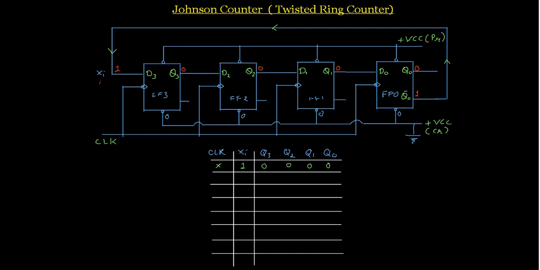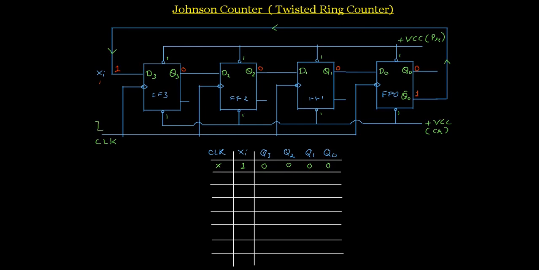So after this, what we have to do is remove the ground, and VCC will be connected to this clear input. So here this clear input is going to be 1, 1, 1, 1. Same way the preset input is also high. So now there will be normal operation of a flip-flop. Now we apply a negative edge of the clock pulse, means we apply the first clock pulse.